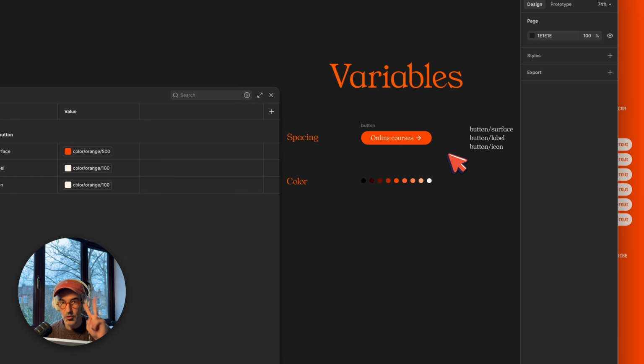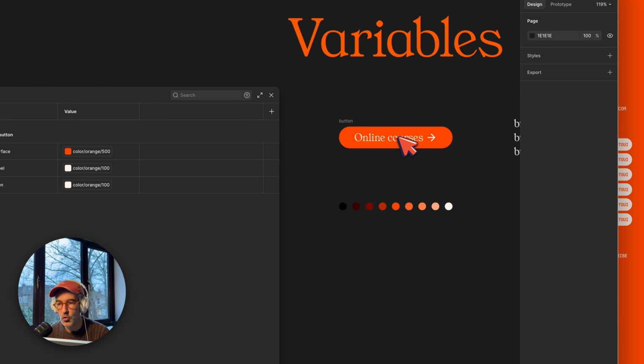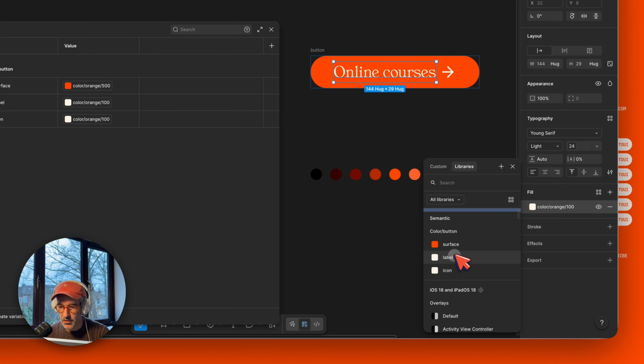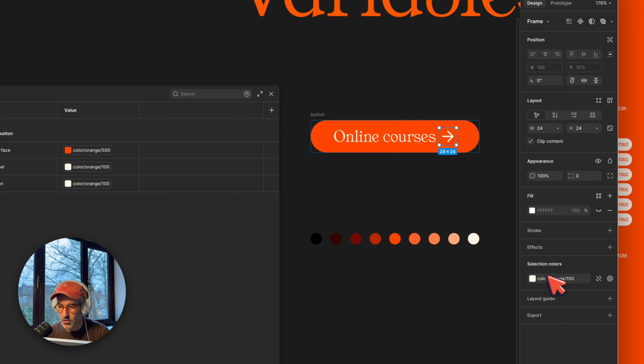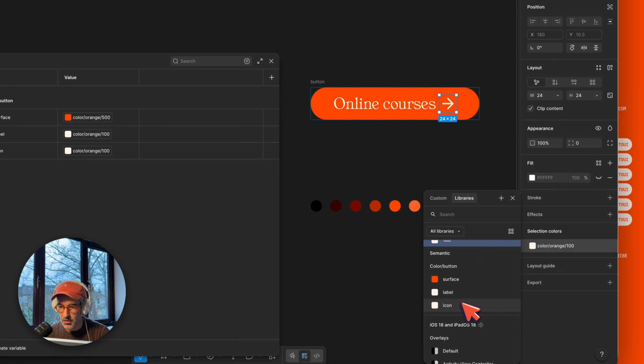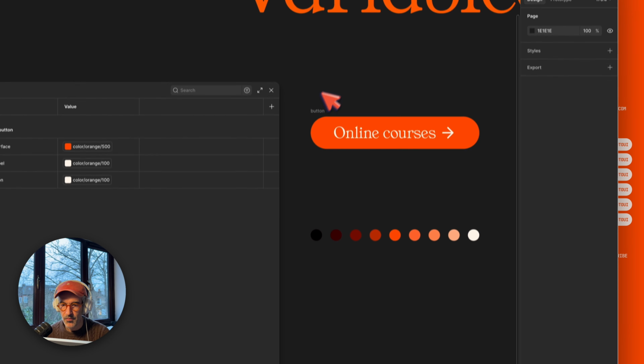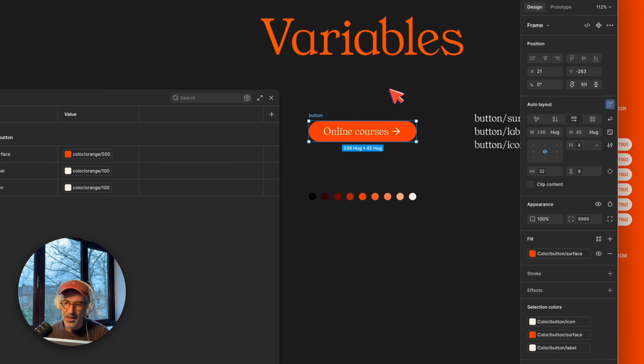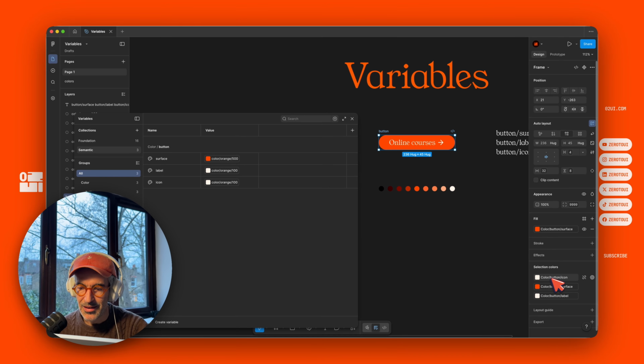So in this case there are 2 elements, so I'm going to do one by one. This is going to be the label, button label, and this is going to be button icon. So you see, whenever I have this button selected, I can see that this is the icon color, surface color, and label color. And I'm going to do this for the other bits as well